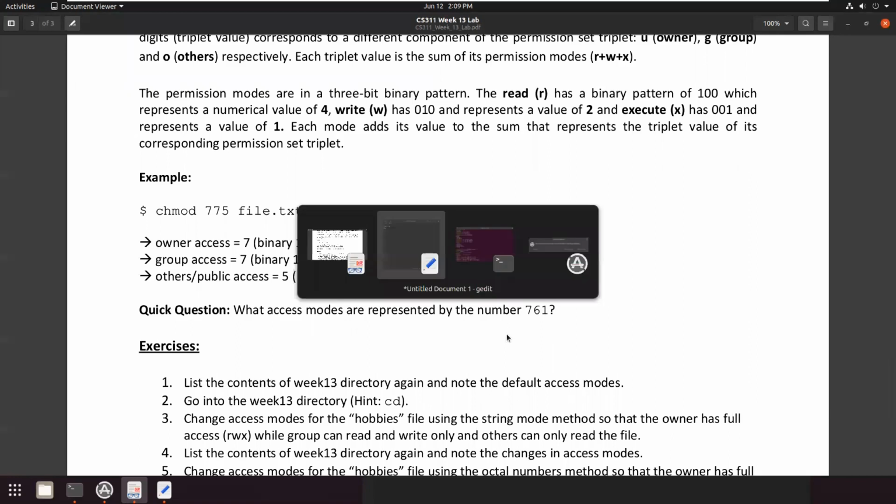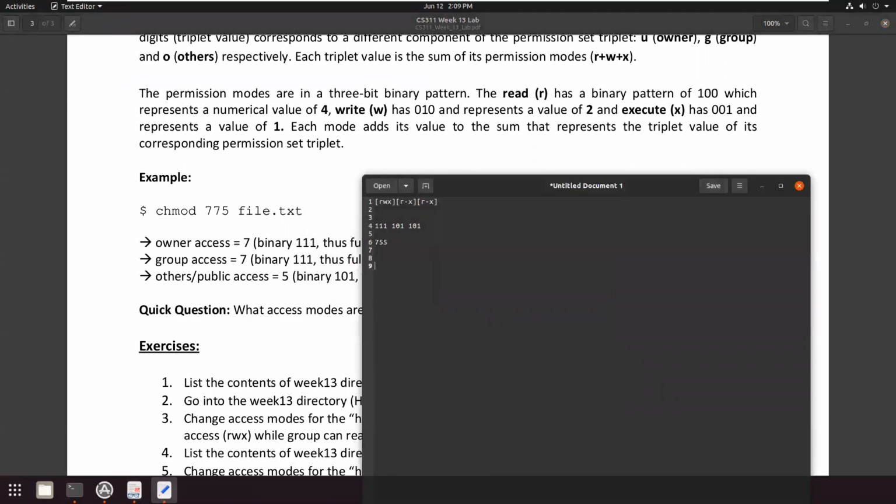Okay, so let's try this. So we have 761, and if we convert these numbers into binary, 7 in binary is 111, then 6 in binary is 110, and 1 in binary is 001.